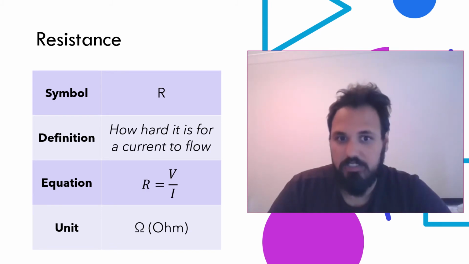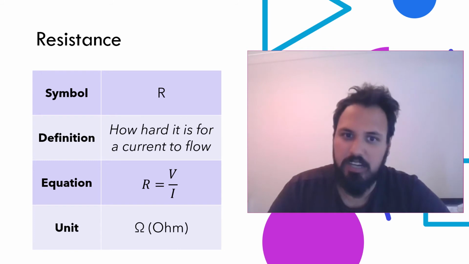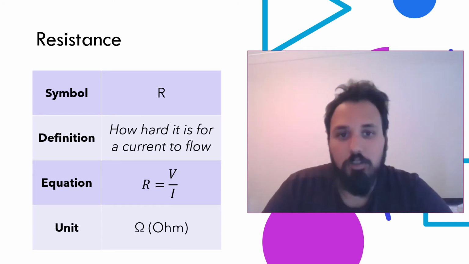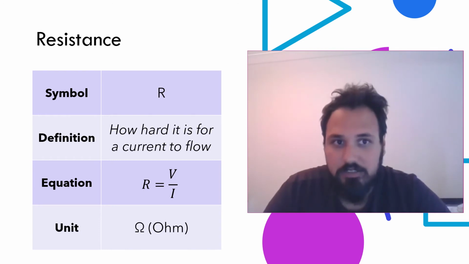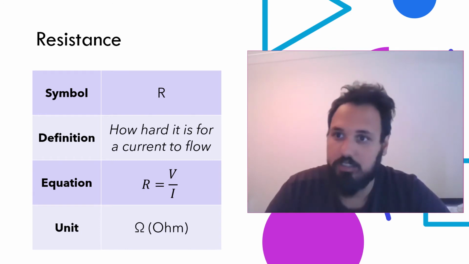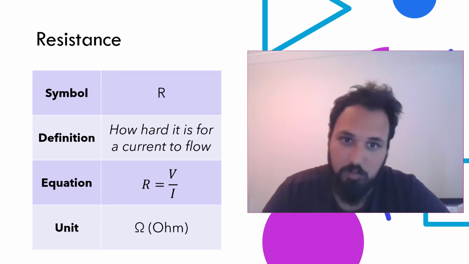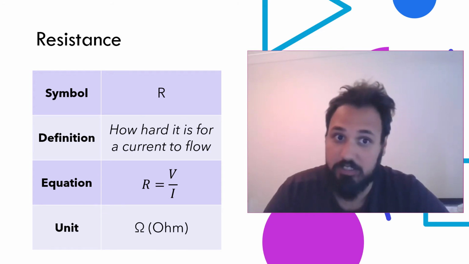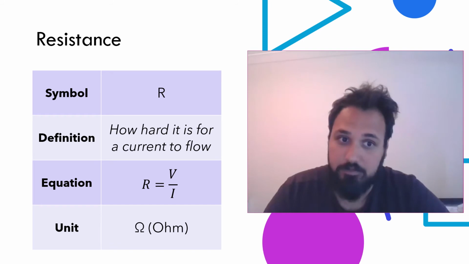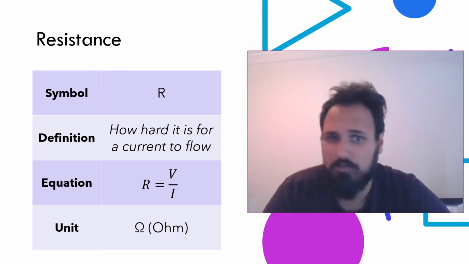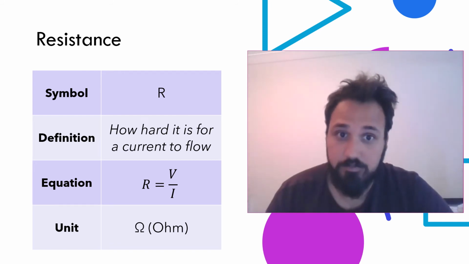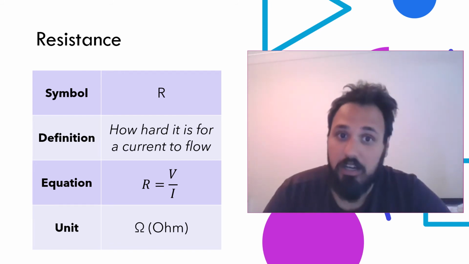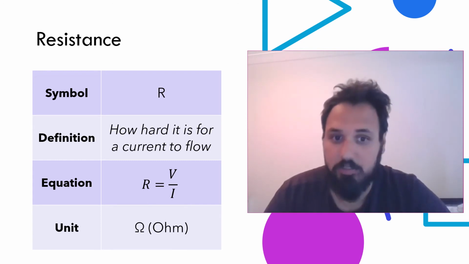Resistance is essentially a measure of how difficult it is for a current to flow through a particular component. So obviously resistors have a resistance, but all other components do as well. So light bulbs, motors, even just the wires that we use in an electrical circuit have a resistance. Although in the case of wires, it tends to be a tiny, tiny amount, an amount that we tend to just ignore. So we use a symbol R to represent resistance,